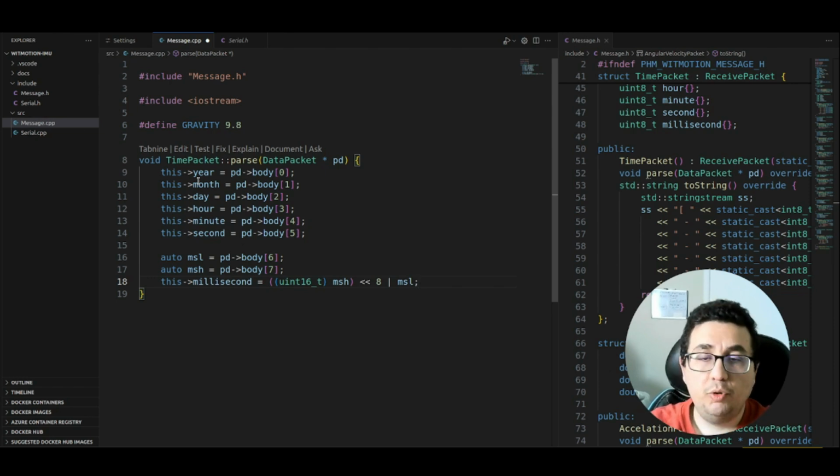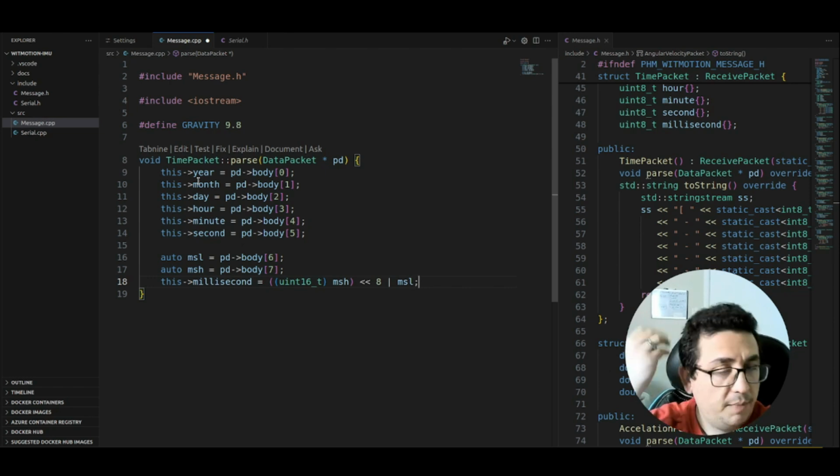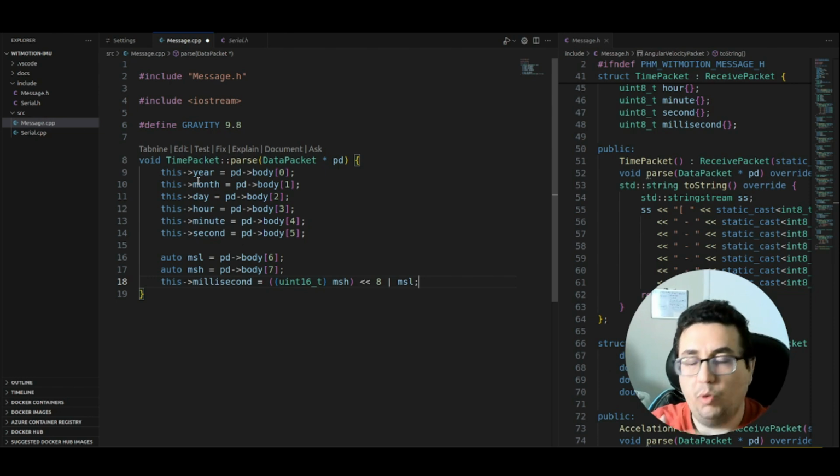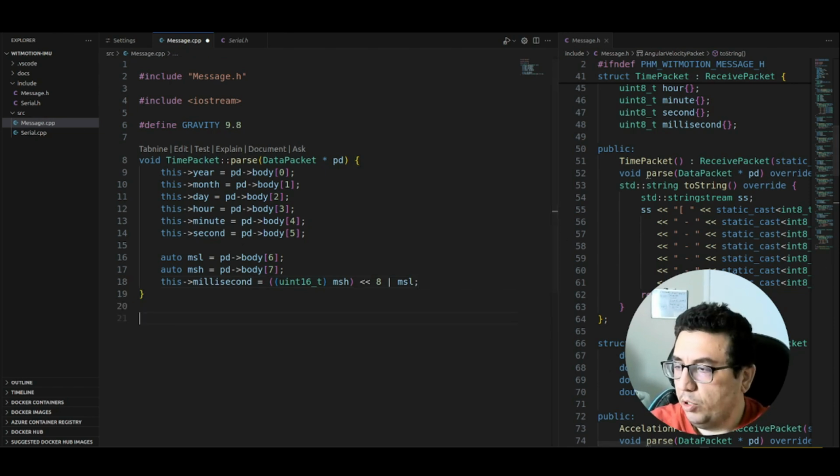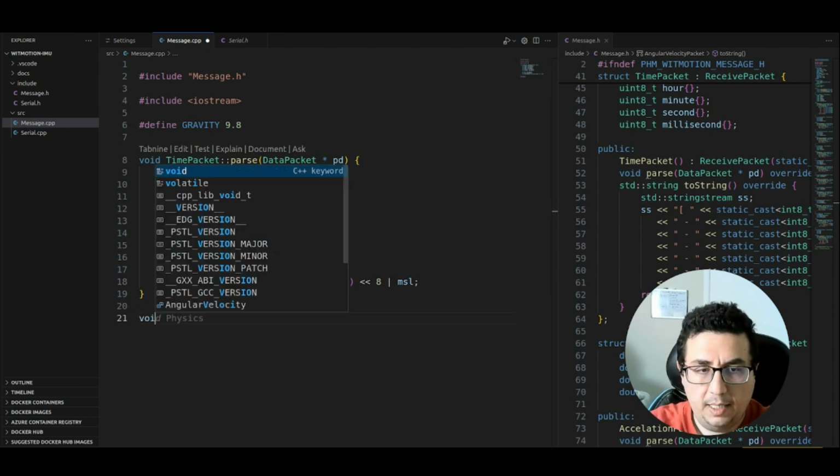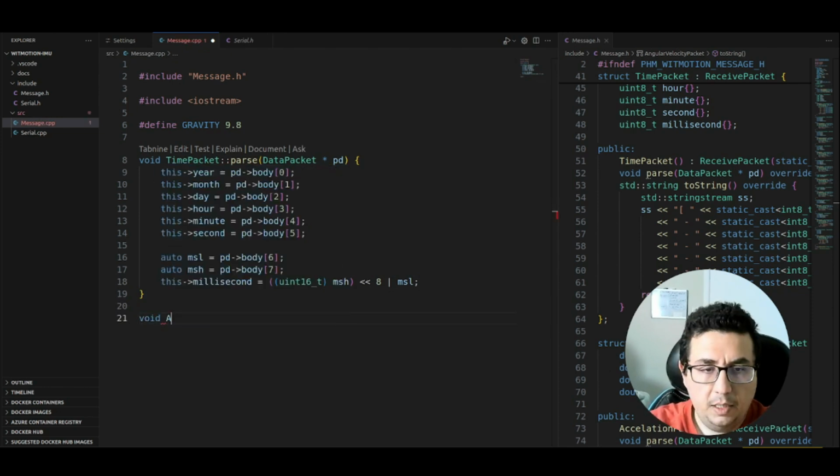So something like that. When you shift it 8 bits to the left, the first 8 bits will be 0, so there would be room to add the other part. So it's not a normal sum or multiply operation. You just need to make your 2-byte integer. So yeah, that's it. So for the next one, we go for the acceleration data. Yeah, this one,